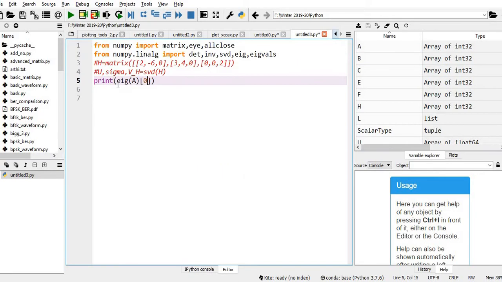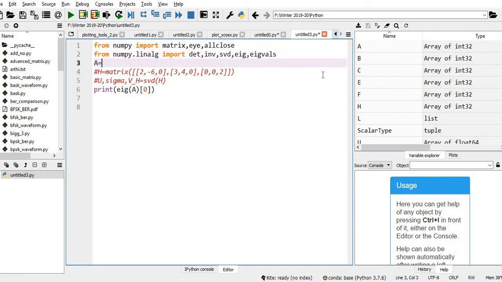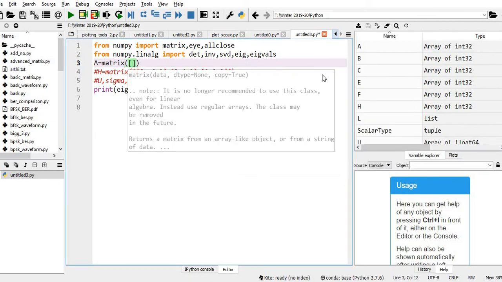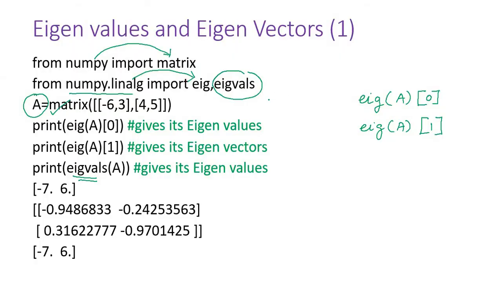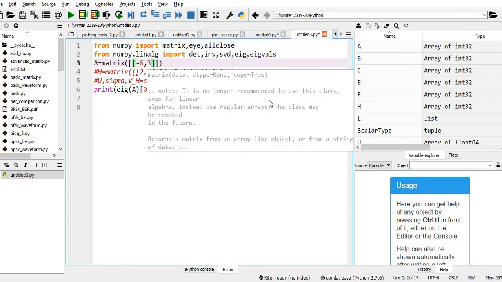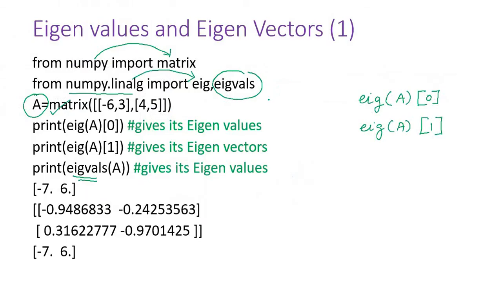A is not defined, so I have to define it first. A is equal to matrix, first row -6, 3, second row 4, 5.